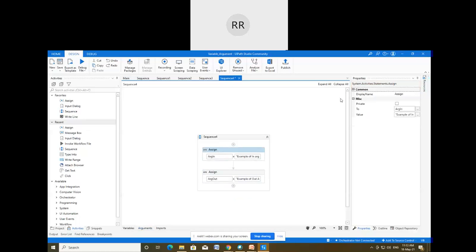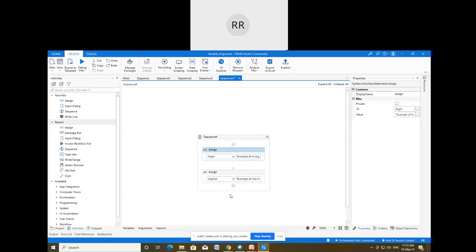So you can see here two fields: argument in with the value example of in argument, and argument out with example of out argument. What I want to show is that once we transfer this data, the argument in data will not pass to the next file, but the argument out is going to be passed to the next sequence file.